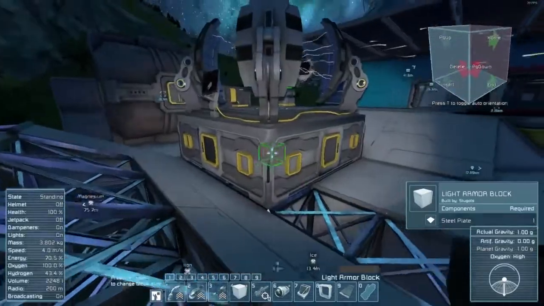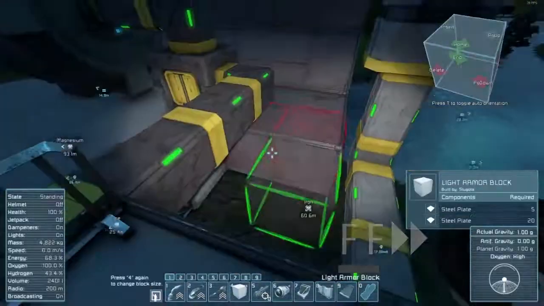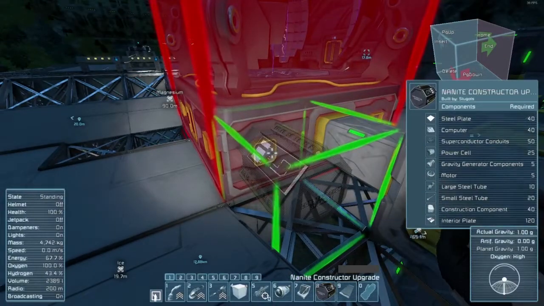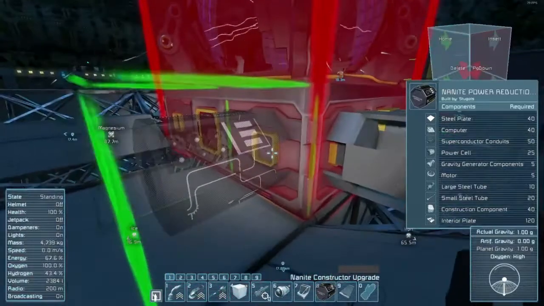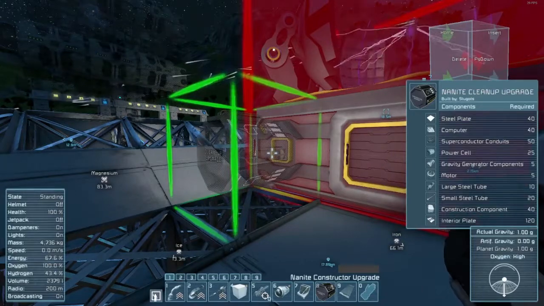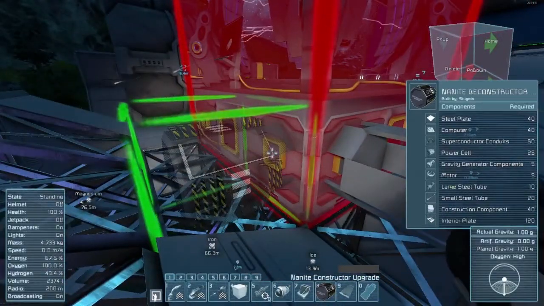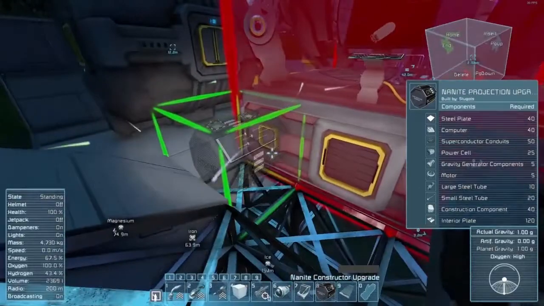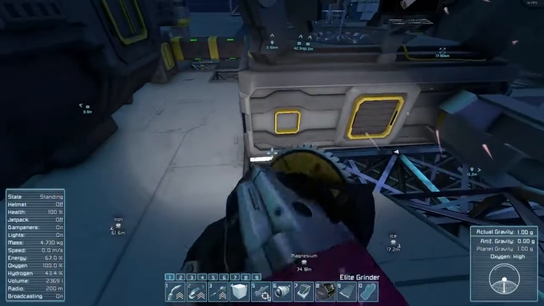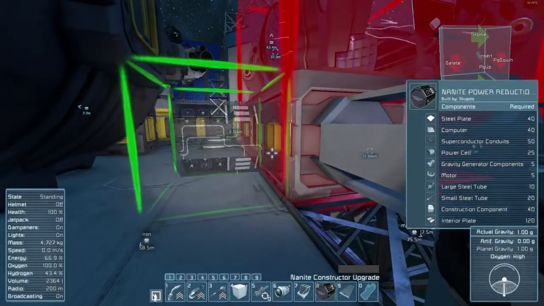Now we gotta put some upgrades on this thing, which means get rid of these. Alright, let's go for power reduction. Power reduction. Projection. Instructor. Speed. Nah, I don't need speed yet. In fact, it's doing it for me. Yeah, we'll do one speed. And the rest of these will be power reduction because I don't have a lot of power here